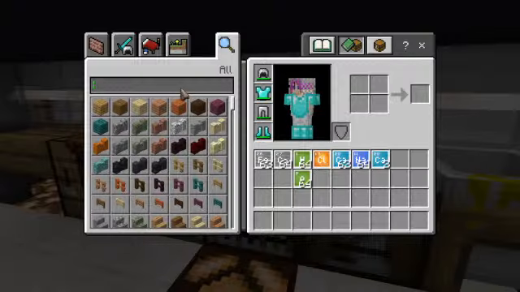Okay, here we go. So now that I have the crafting recipe up for how to make sodium acetate,